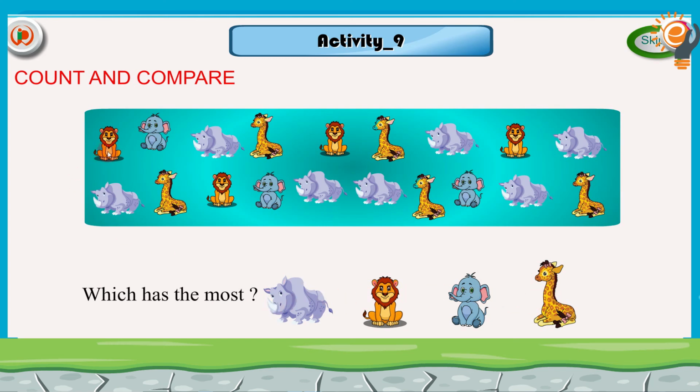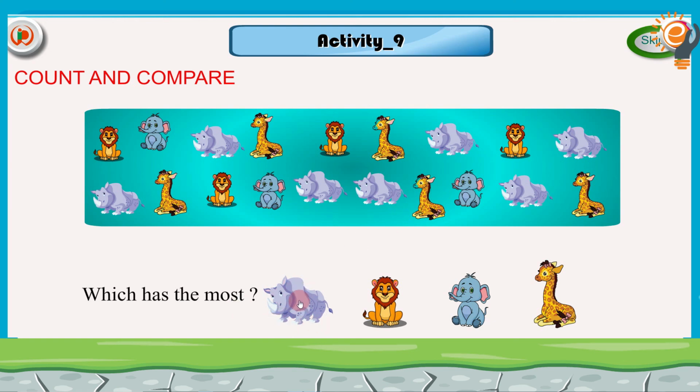Here the rhinoceros are 7 in number. The lions are 4. The elephants are 3. The giraffes are 5. So which is the most here?